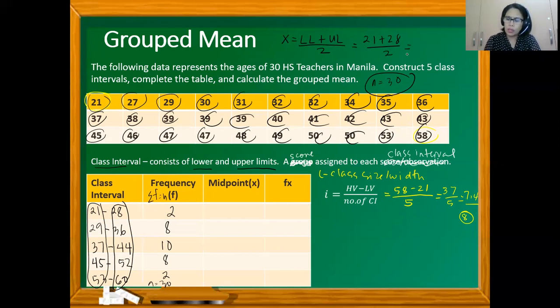So 21 plus 28 divided by 2 is 24.5. So the midpoint here is 24.5. Now, we don't need to do the same way as what we did in the first to solve for the midpoint. Since the size of the class interval is constant, what we will just do is add cumulatively the value of i, which is 8 here. So, 24.5 plus 8 is 32.5, plus 8 is 40.5, plus 8 again is 48.5, and then plus 8 again